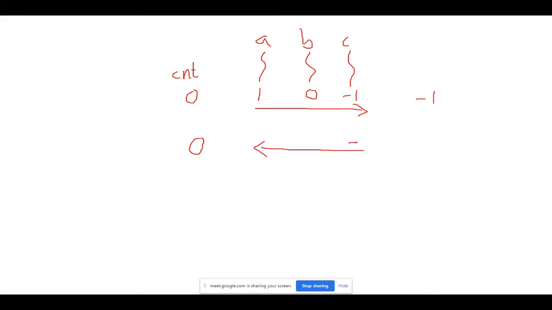It is a decrement operation, -1, followed by B, so it is -2, and A will increment that, so it is -1. Final value -1.